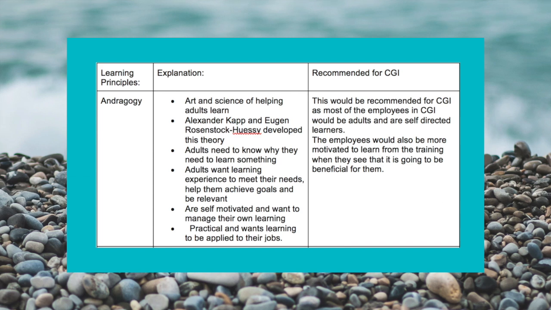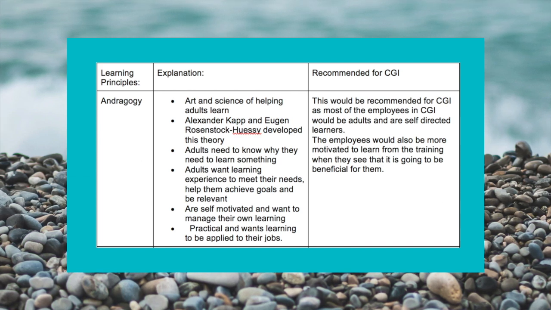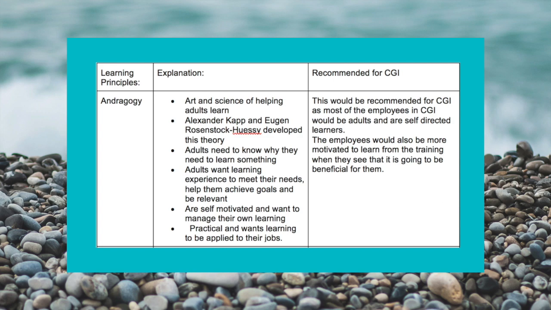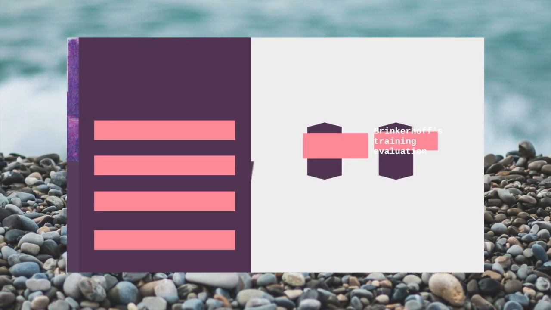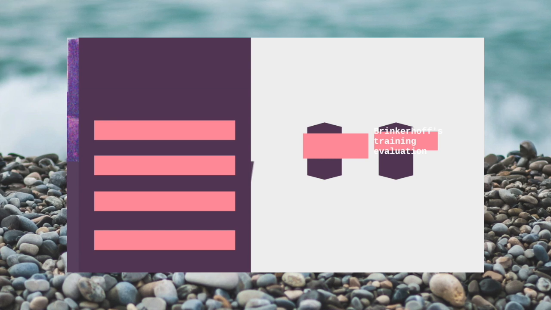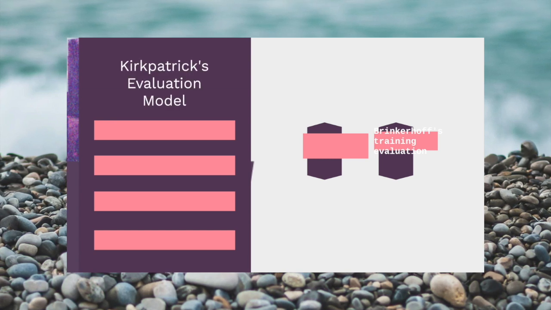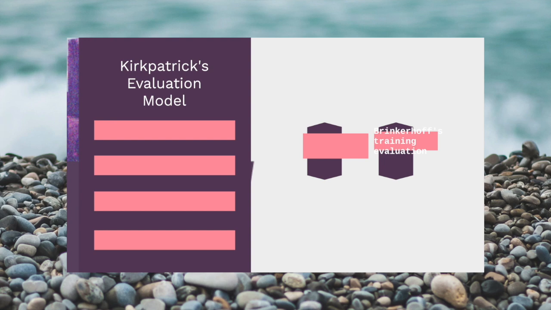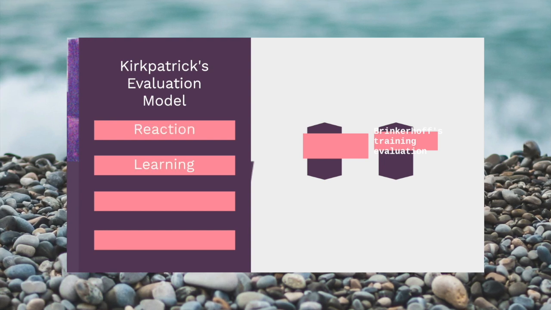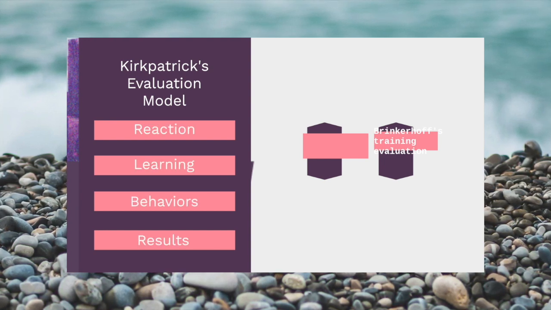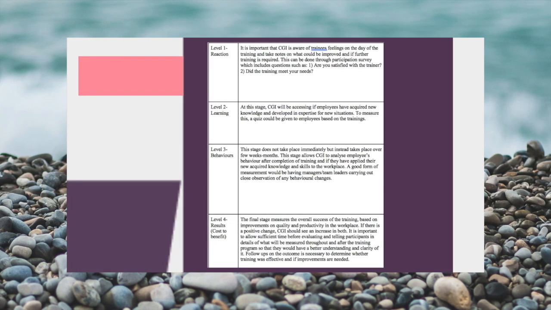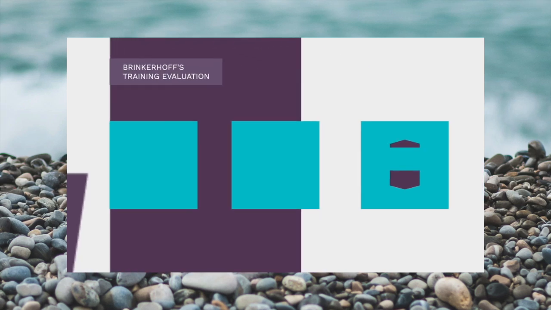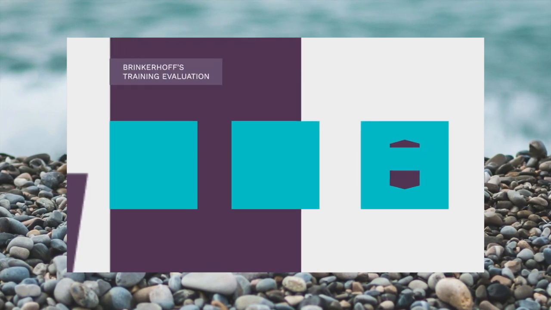An instructional design HR program for training also has to be implemented to prepare staff for effective performance in the changed environment. Evaluation of the training is necessary to determine its success rate, and this can be done by using Kirkpatrick's evaluation model, which consists of 4-level indicators in the initial stages of the transition to analyze and evaluate the results of the training. In addition, CGI should also use Brinkerhoff's training evaluation model to widen their understanding of